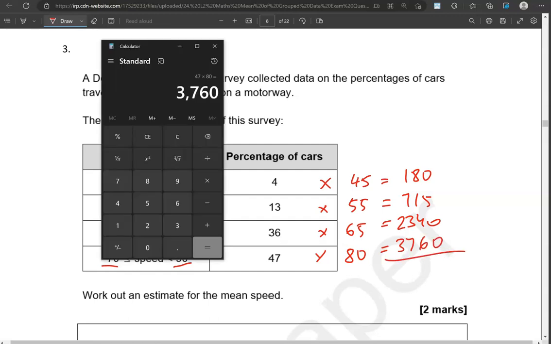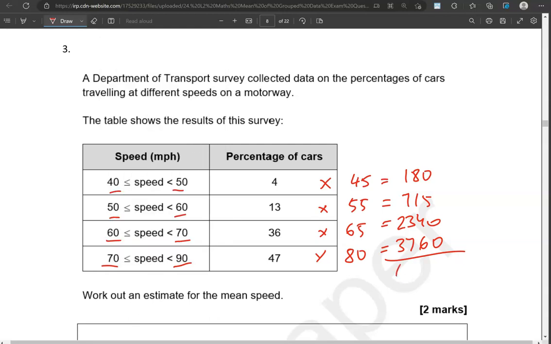Adding all of these together gives us 6,995,